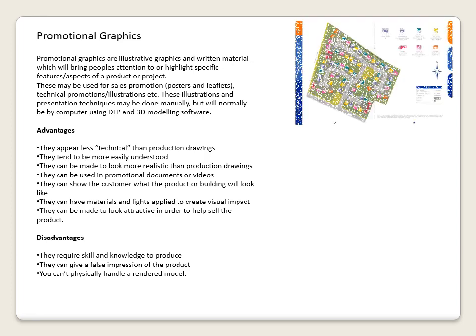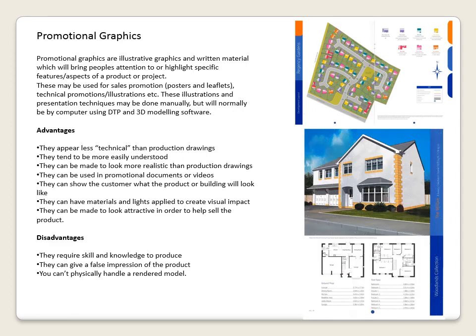So, looking at some promotional graphics, here we have a building estate. This is the sort of thing you'd get in a brochure, which shows the layout of the estate, shows all the different houses, the roads, etc. And similarly, what you'd also get in one of these sales brochures is an illustration of what the house looks like. So this is not a photograph. This is a computer rendered illustration showing some materials, showing some colours on the building. And this might not be exactly what it looks like once it's built, but it gives a good impression of what it would look like. Okay, that's the